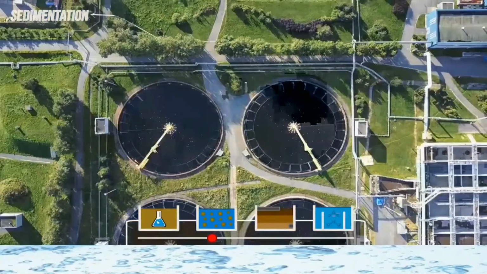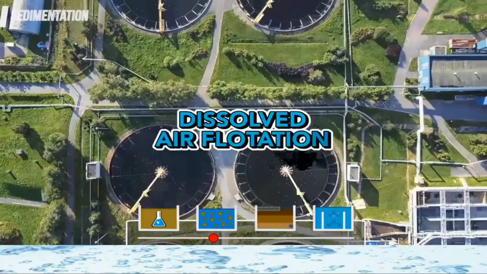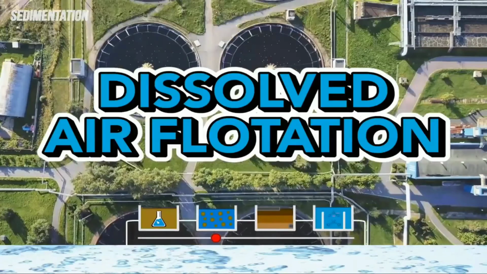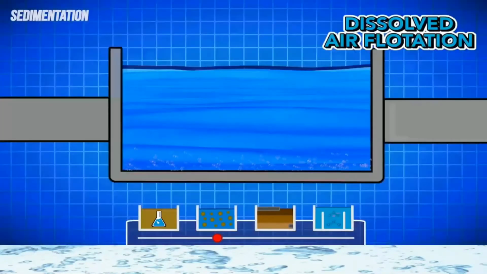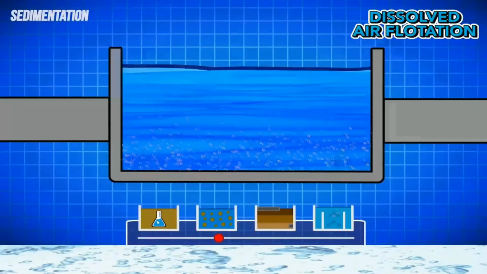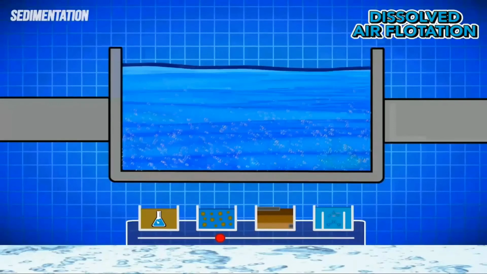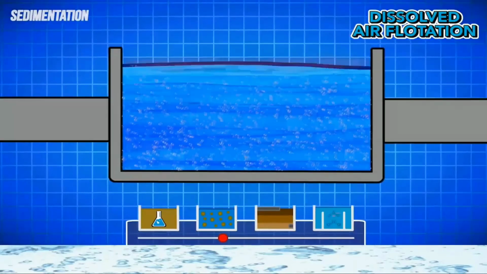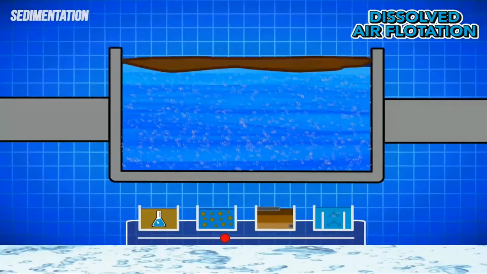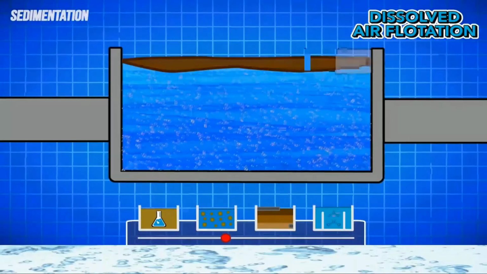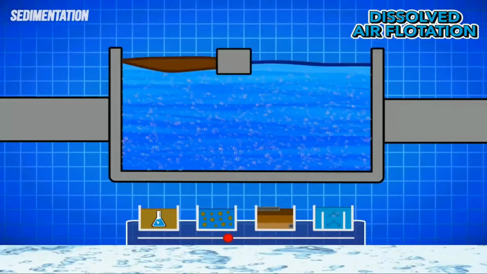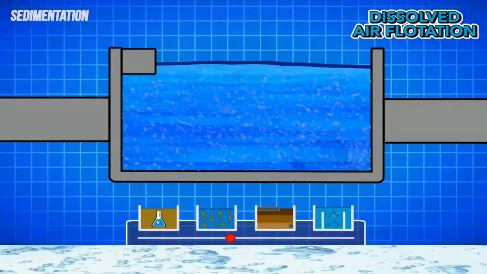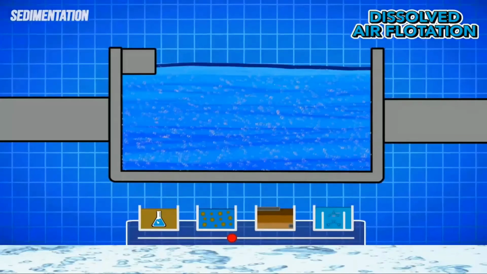In some plants, engineers actually use dissolved air flotation tanks in place of sedimentation basins. In these cases, air is pumped into the bottom of the tanks, creating a cascade of tiny bubbles. As these bubbles float to the surface, they take floc particles with them, forming a film of floc on the surface of the tanks. Then, a sweeper arm pushes the floc into a collection basin where it's taken to a handling facility. In dissolved air flotation tanks, the clean water is taken from the bottom, where the least amount of floc is.